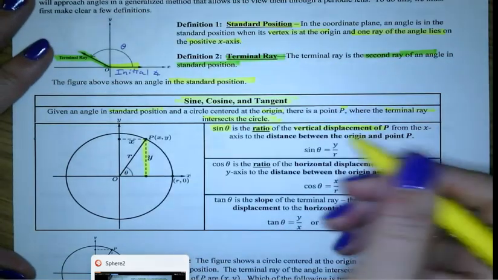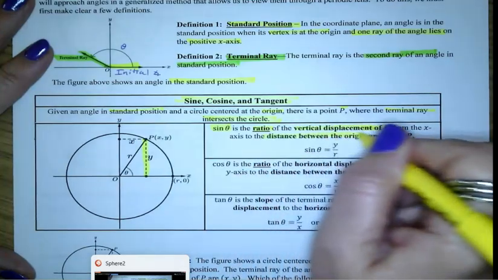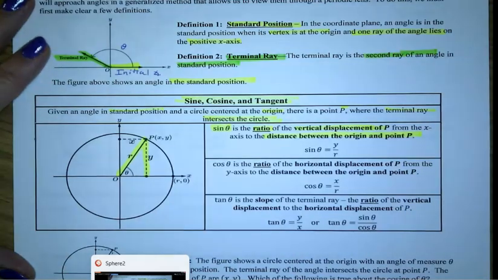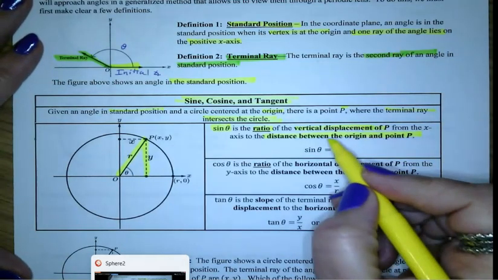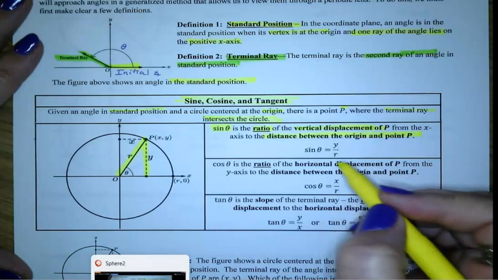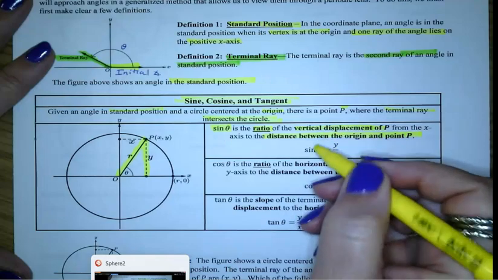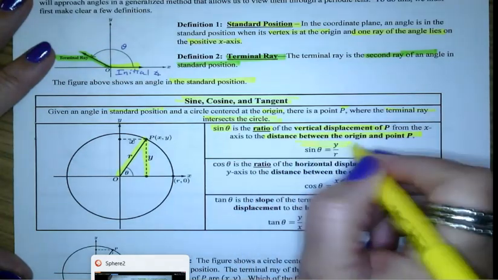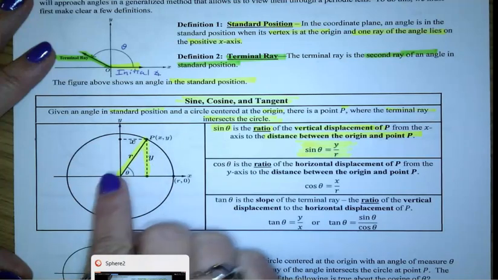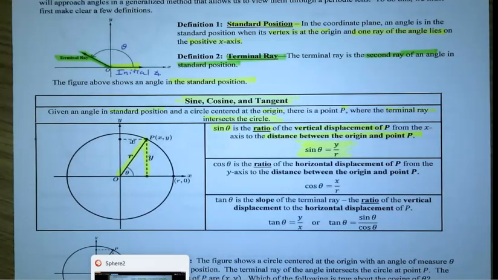And then between that and the distance from the origin to the point. So sine is a ratio of those two things, and the actual ratio is y over r. That's the vertical displacement over the radius. So this is the sine ratio and what it means in terms of our picture right here: vertical displacement and the radius. The next one we're going to look at is